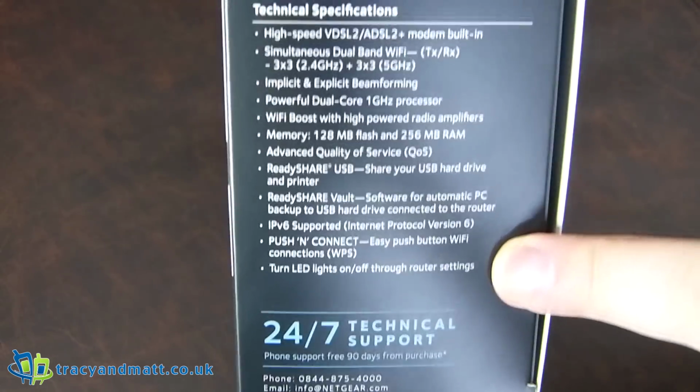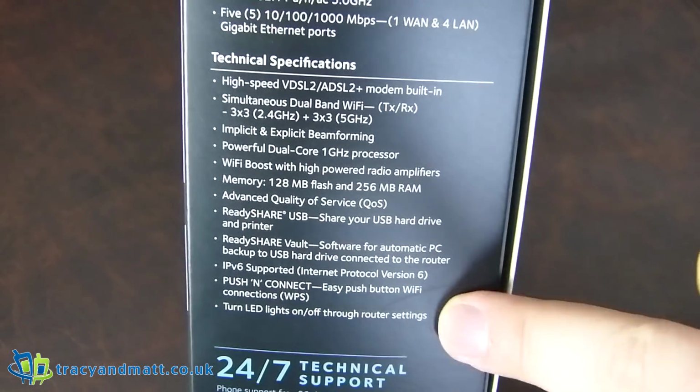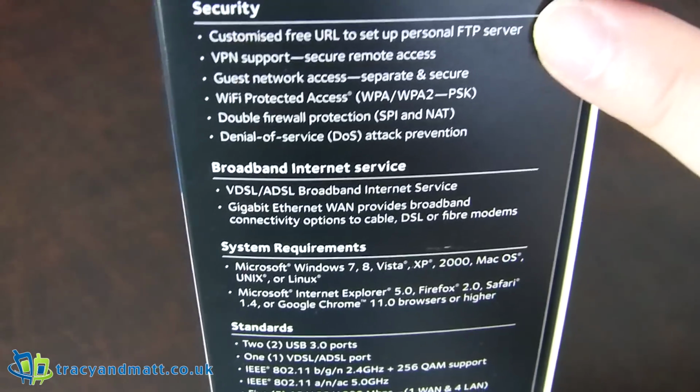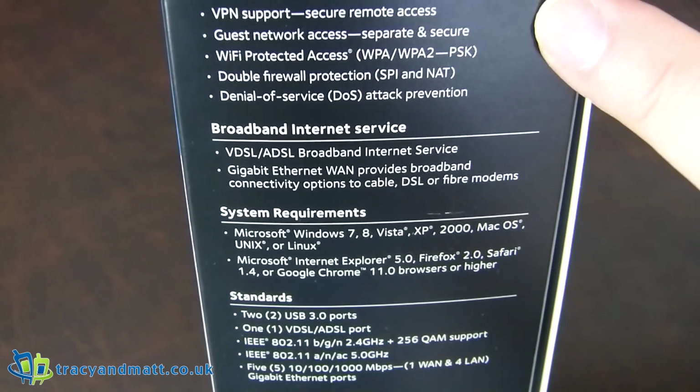That's quite nice if it's in the same room as you at night or something like that, or due to a screaming child, you might have to spend the night on the sofa, so you don't need that flickering away in the background. Okay, up the top here it says security,